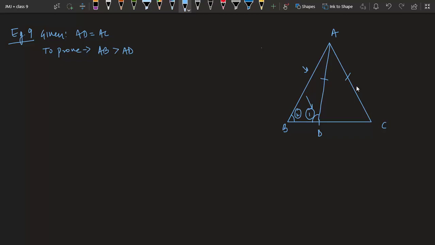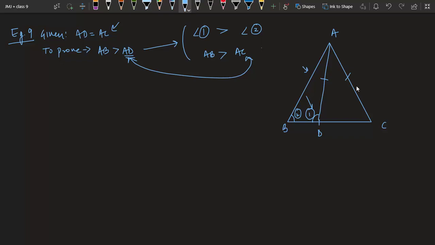So we have to prove indirectly, this is the thinking portion that we are saying, that angle 1 is more than angle 2. But finding a relation between 1 and 2 is a bit difficult, because the thing that is given to us is in triangle ADC. Now let's take help of that. We know that AD and AC are equal, so if I prove AB more than AC, that would be the same thing, because AD and AC are the same.